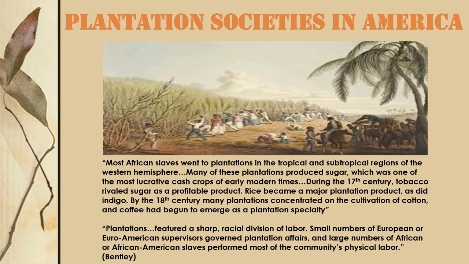Quoting from Professor Bentley, again here, our lovable author, most African slaves went to plantations in the tropical and subtropical regions of the Western Hemisphere, the Americas. Many of these plantations produced sugar, which was one of the most lucrative cash crops of early modern times. During the 17th century, tobacco rivaled sugar as a profitable product. Rice became a major plantation product, as did indigo. By the 18th century, many plantations concentrated on the cultivation of cotton, and coffee began to emerge as a plantation